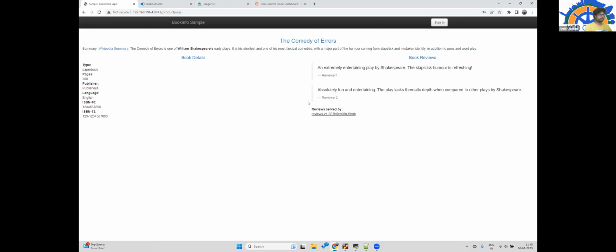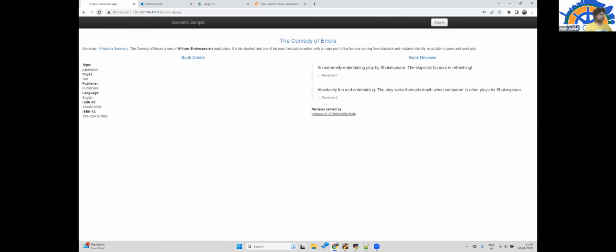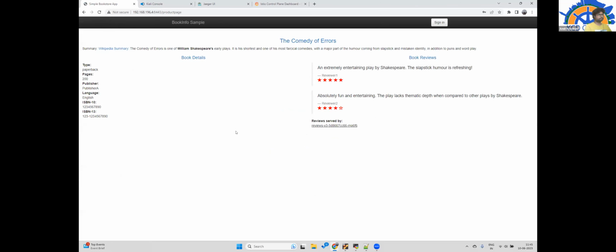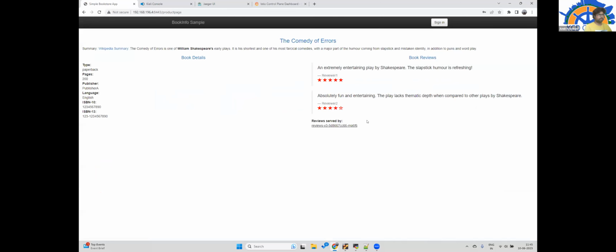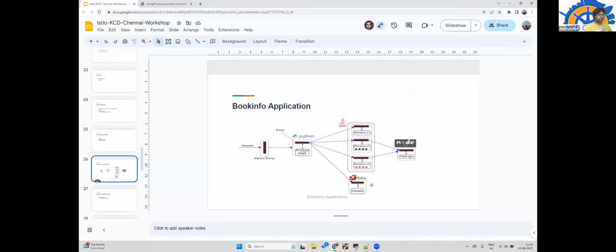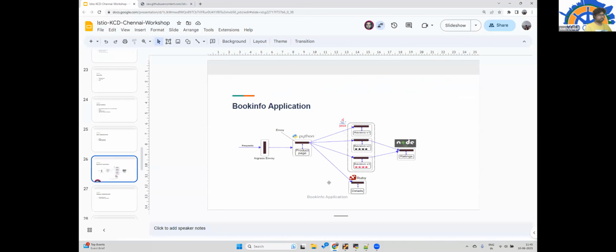So basically this is V1 currently being served, and if you see, it is V2, and maybe if we are lucky it would come, but let's see. Okay, yeah, this is V3. Okay, so this is how it is, and this is the rating which would be shown here. Based on the rating, stars would come, and then the details of the books are coming straight from this Ruby application.